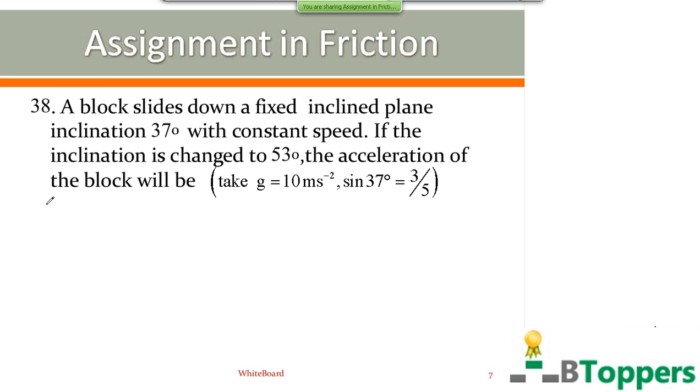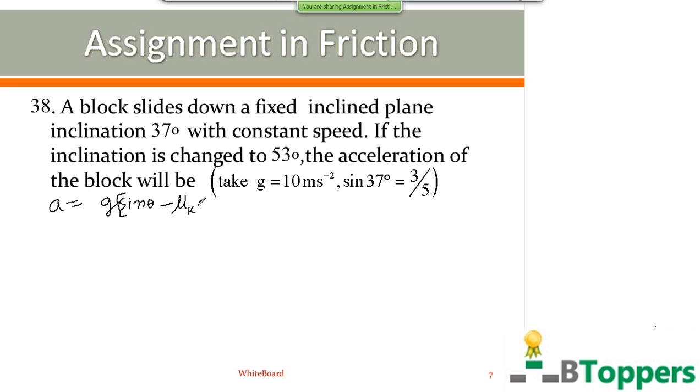The inclination is changed to 53 degrees. The acceleration of the block will be. So the acceleration of the block sliding down the rough inclined plane under the action of its weight mg,